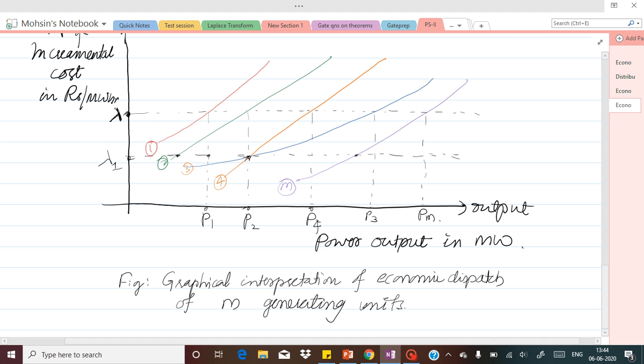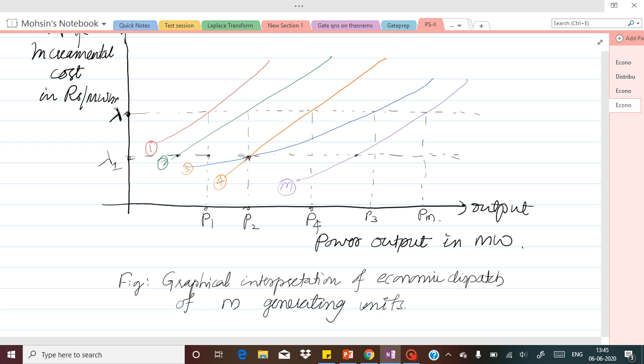Sometimes it may so happen that the units reach their maximum capacity of generating. So for a particular incremental load, one or several units may reach their maximum capability of generation. After that, the remaining units should be operated at the equal incremental cost. Only those units which are not able to generate at that incremental cost are allowed to generate at some different incremental cost, and the other generating units will generate at the equal incremental cost.